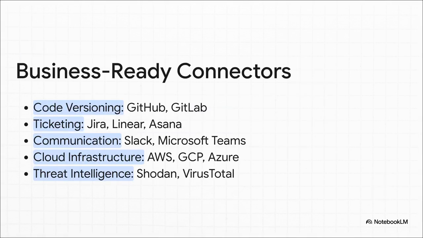And the practical benefit here is just wow. Instead of your engineering team spending 6 months building custom integrations, you get all of this out of the box. GitHub, Jira, Slack, AWS, you name it. So a security finding can automatically pop a ticket into Jira, ping the right person on Slack, and pull in context from AWS, all without a human touching anything. For a startup, that kind of seamless workflow is literally the difference between success and failure.